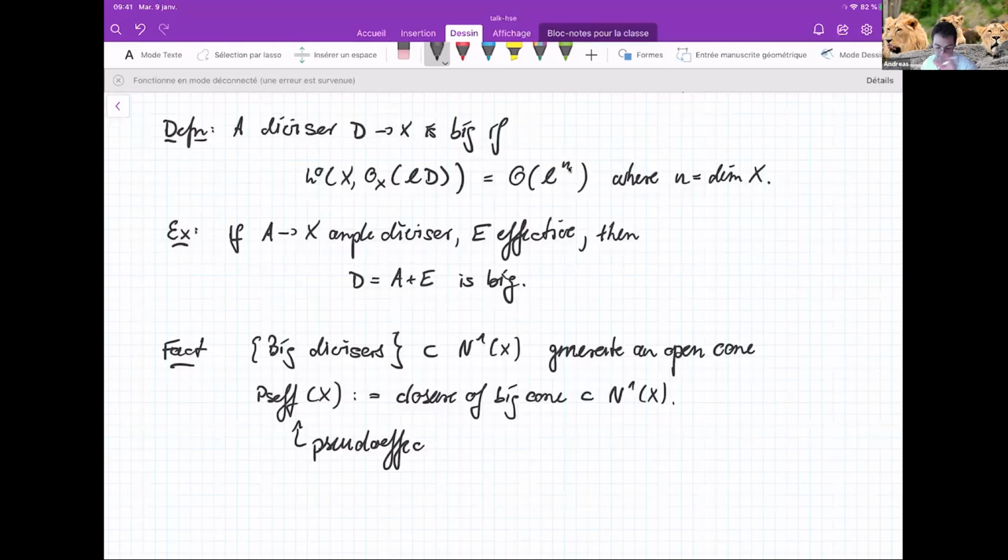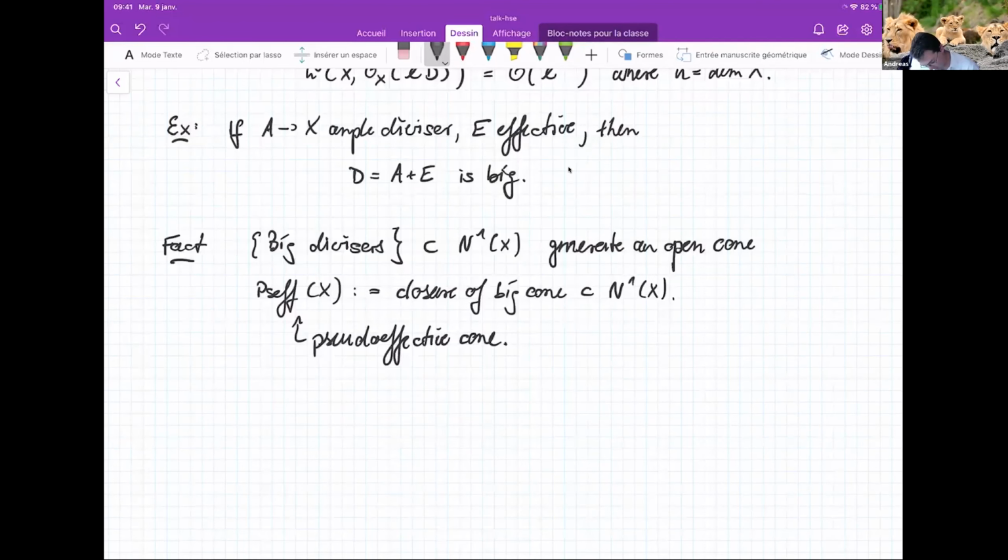So you have big divisors. These are the divisors which asymptotically really have a lot of sections, and then pseudo-effective divisors, which are obtained as the limit of these big divisors. And that's a nice definition, but geometrically, you don't really know what this means. So fortunately, nowadays, we have this theorem of Boucksom, Demailly, Paun, Peternell, which tells us that a divisor D over X is pseudo-effective,